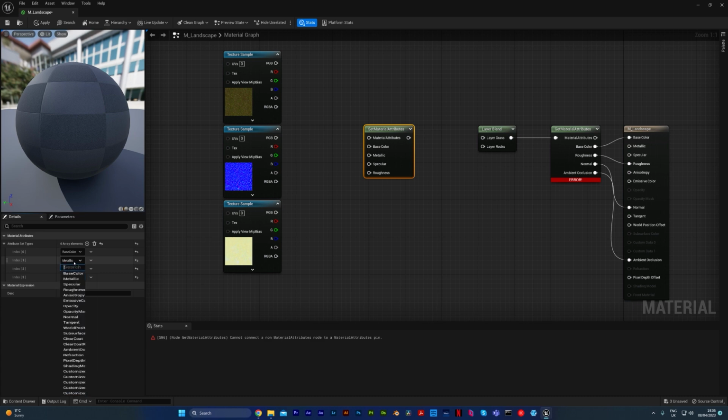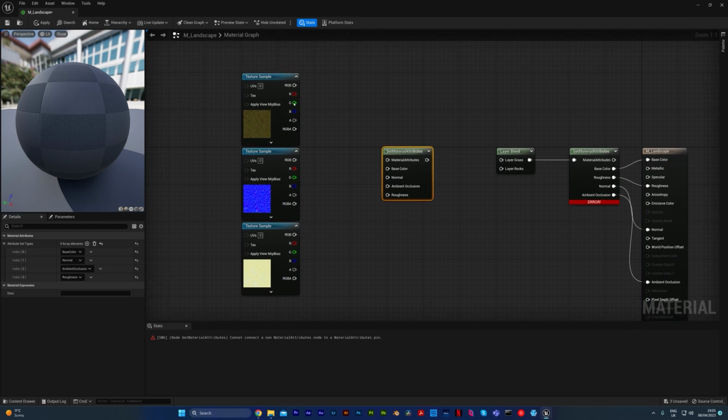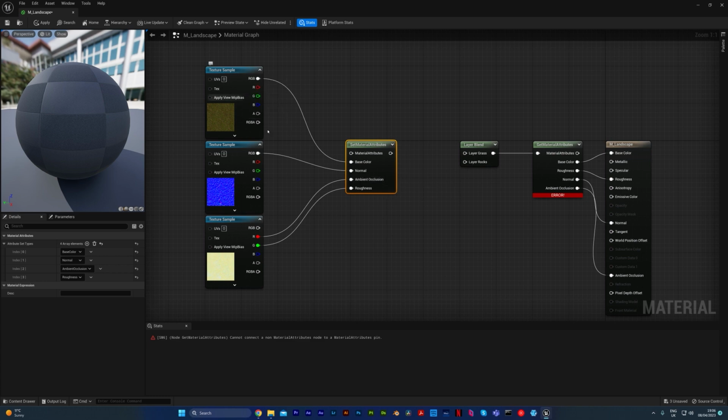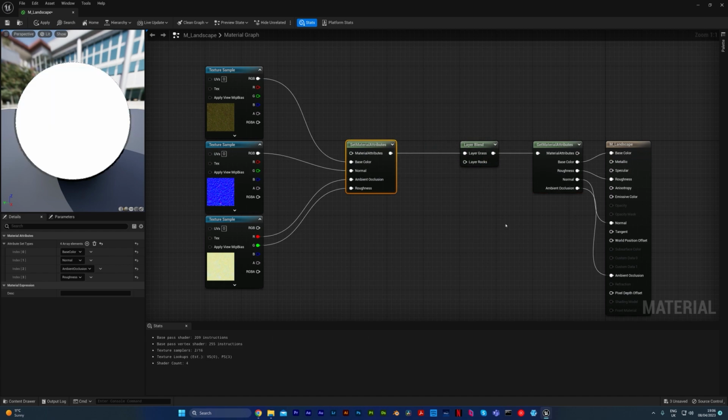We're going to go base color, normal, ambient occlusion, and then roughness. And that's just because of the order that we have everything in over here. And then just like we did with the previous material for the walls, we can plug in base color, normal, ambient occlusion, and roughness using the RGB, R and G channels. Okay. Then when we plug this into the layer grass, you'll notice the error goes away and this turns